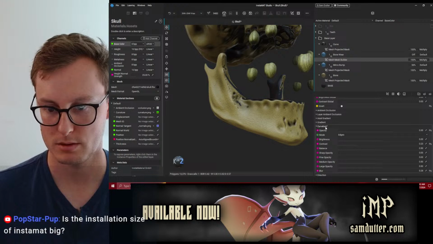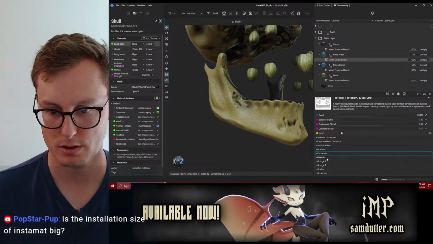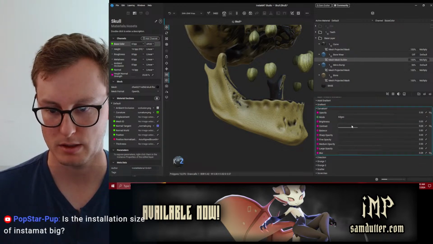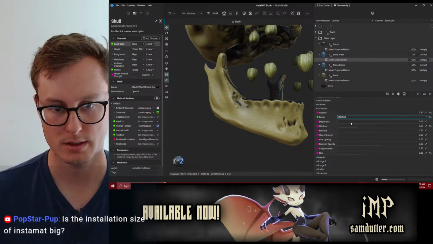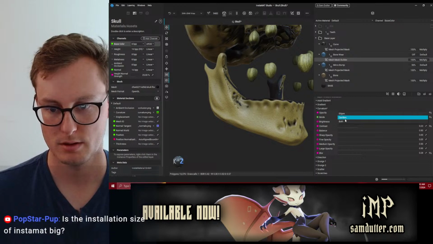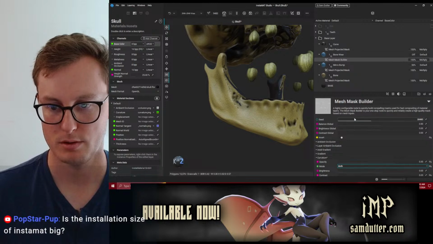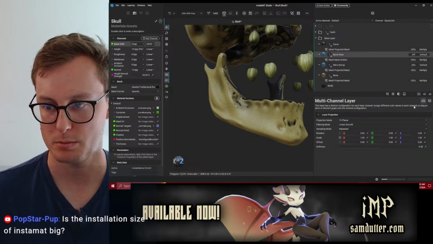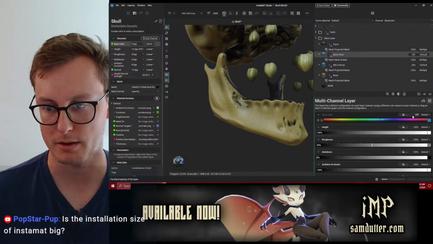Now I have this. Curvature. I wish there was anything else we could use here. Mode edges, cavities, both. Maybe we will bring back the color.